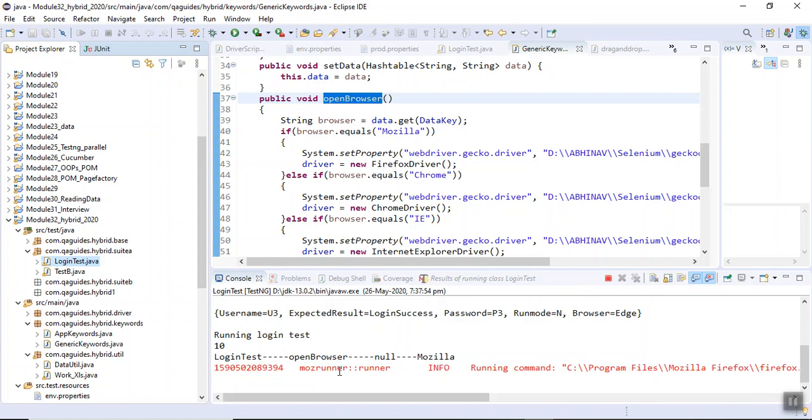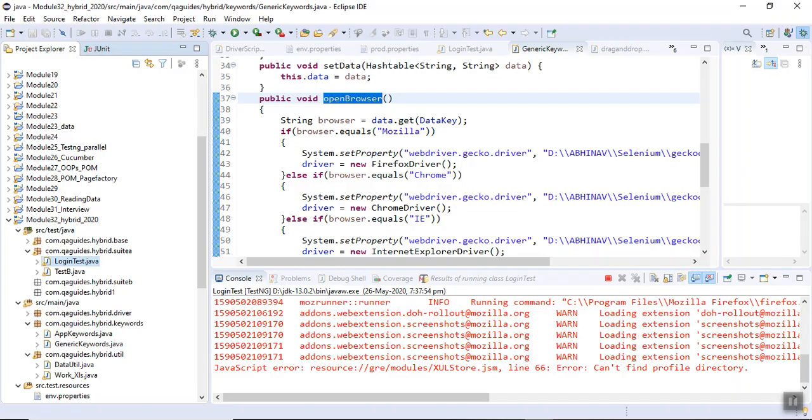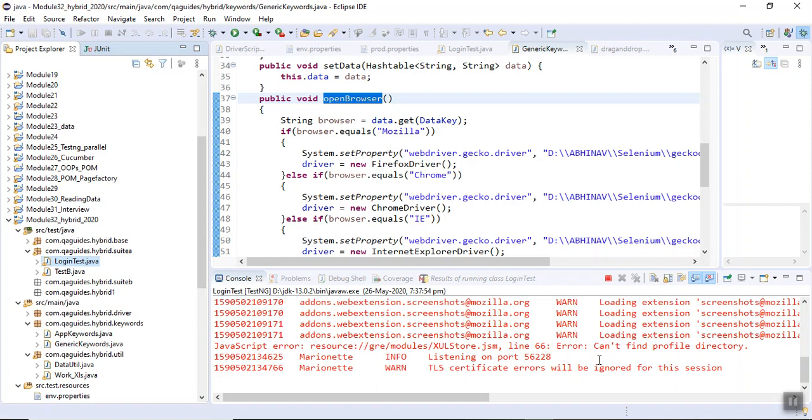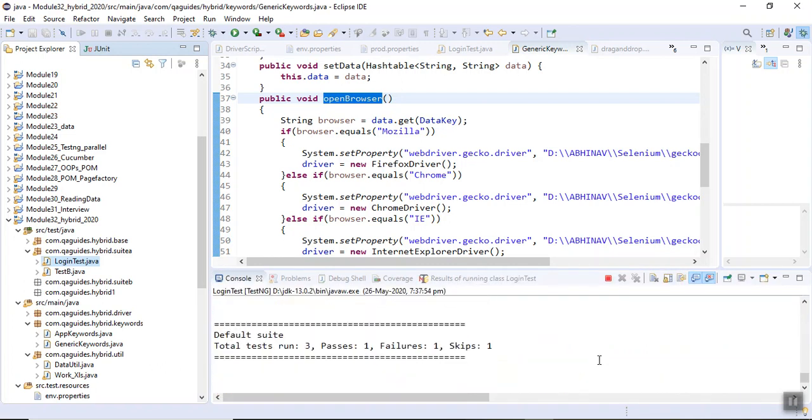It is opening. See, the browser is launched. Okay, good. If you want, you can use your options class also. I have already discussed it, it depends on you. If you do not want to display your logs, you can ignore those logs also. So all of this has been told to you.